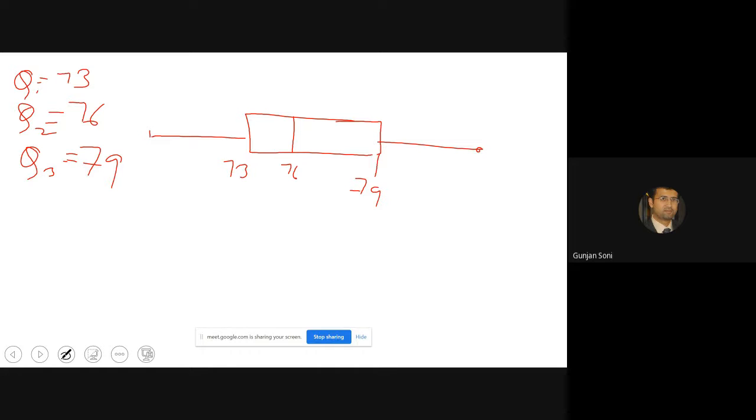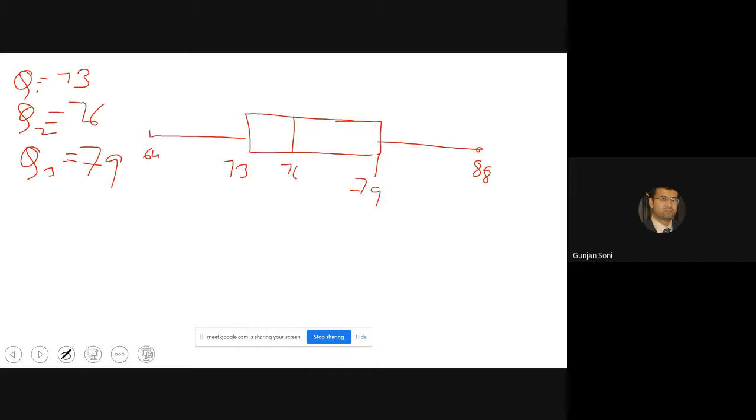Now we find out the whiskers of these. The lower whisker is coming out to be 64, and the upper whisker is coming out to be around 88.